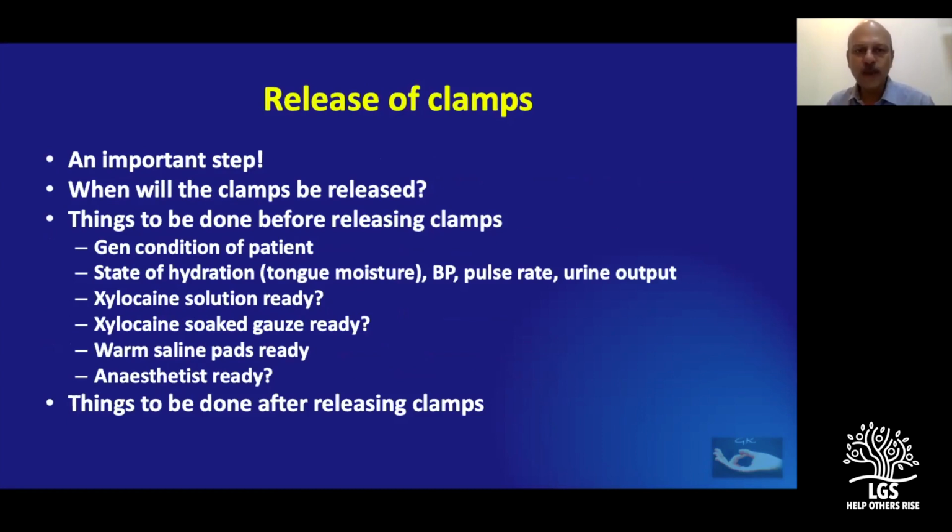Okay, so now we have done, we are not going into the details of the vascular anastomosis. They are going to now release the clamps. Now this is an important step. Releasing the clamp. Why is it an important step? Because all this time, the amputated part has been in a state of ischemia. We have already seen the cold ischemia time, warm ischemia time,